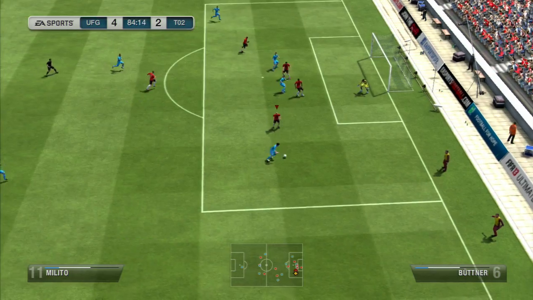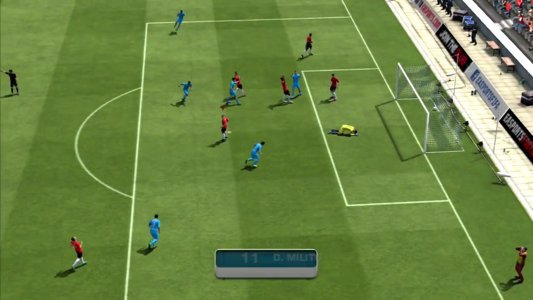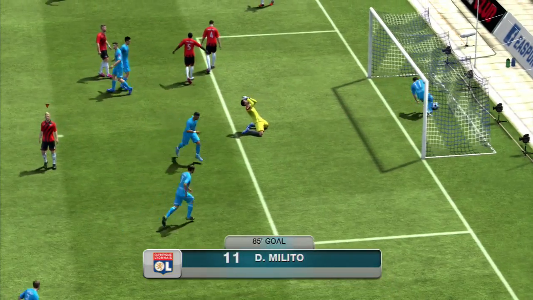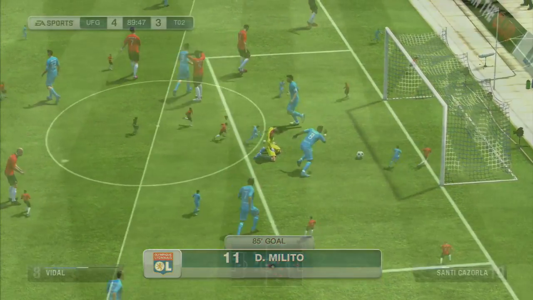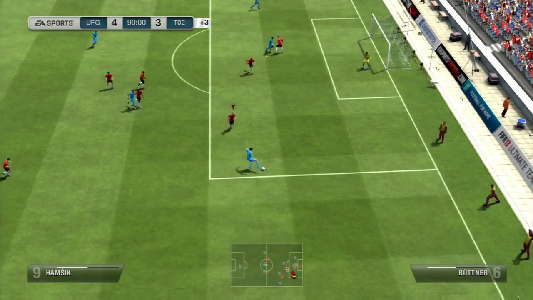85th minute, Diego Milito. I've got him. I've got him covered. I've got him, just good defending. You know, I'm marking him out of the game. A weak left foot shot goes in underneath Hugo Lloris, and then in the 90th minute, guys, Arturo Vidal into